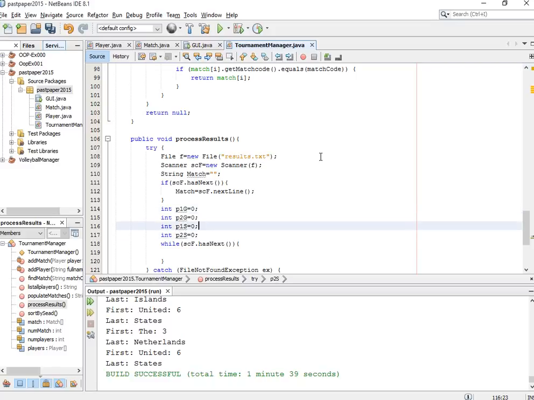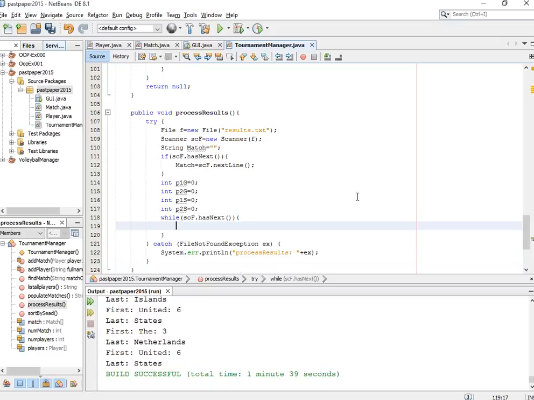So now we have items to keep track of games, and we have items to keep track of sets for each player. So now we can keep track of this. The next thing we've got to do is loop through this and solve this. So we're going to go int result is equal to